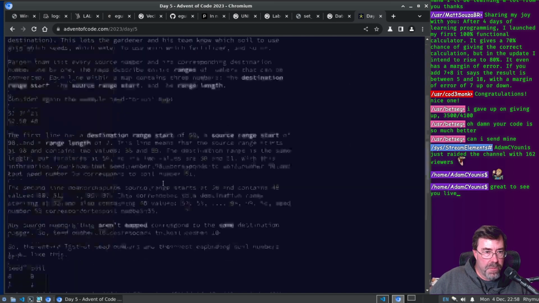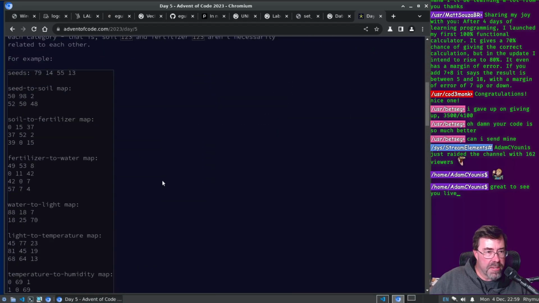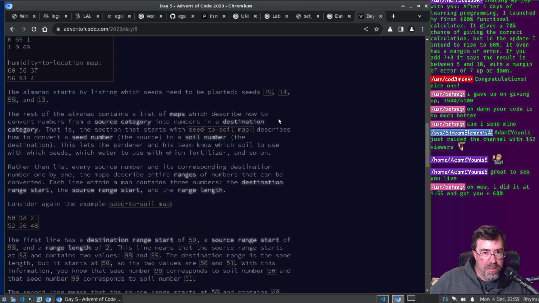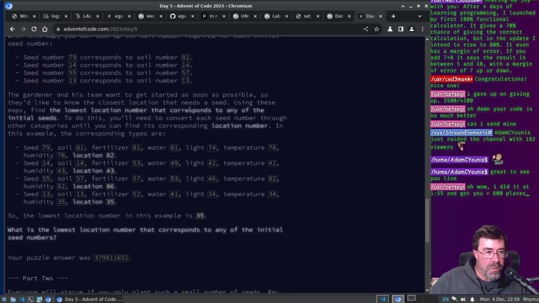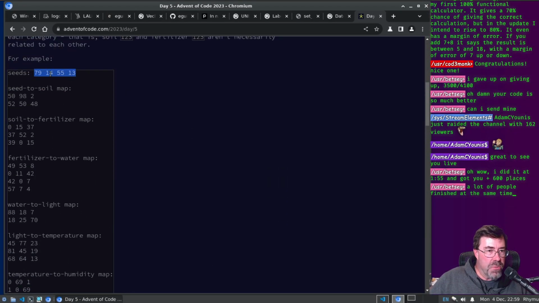It had to do with taking something like this, and figuring out, with these 4 numbers, mapping them through a whole bunch of maps and finding out the smallest one. And that was fine until it said, oh, well, it's not just 4 numbers, it's 2 ranges of numbers.